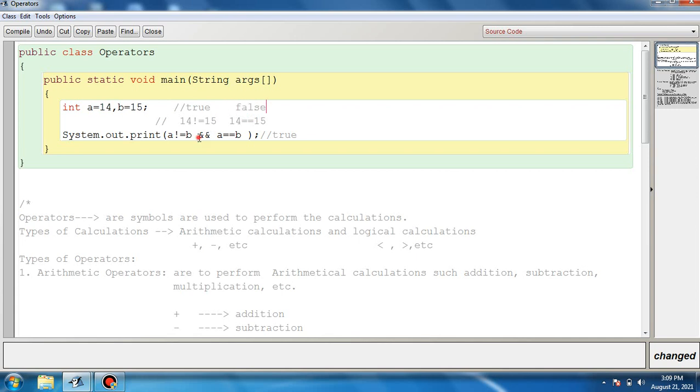But remember, the logical AND operator will result in true only if both, or all, the expressions result in true. Only in that one scenario will it result in true. If any one is false, then the logical AND operator will result in false.